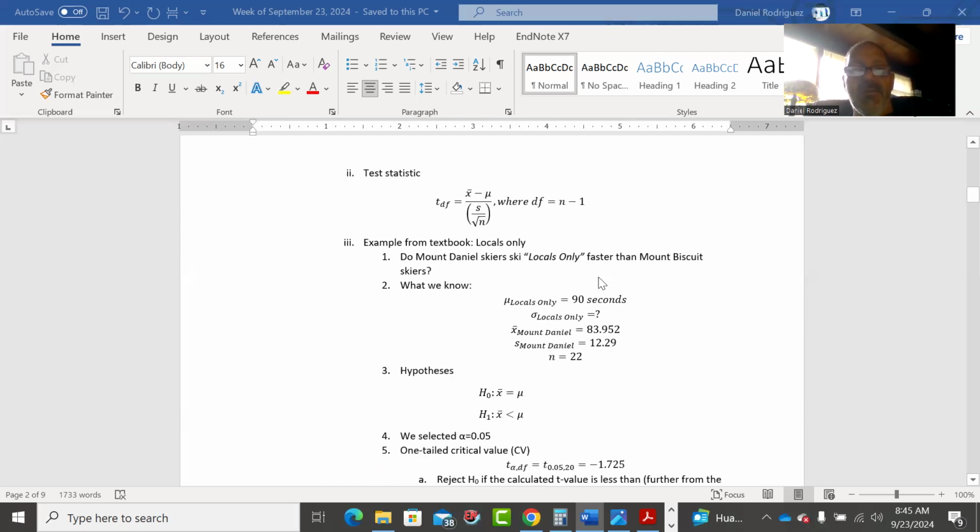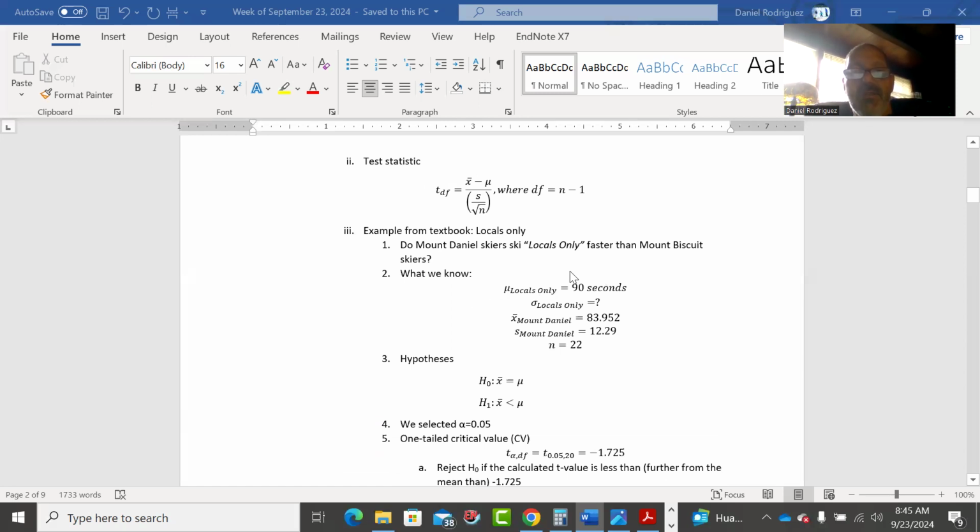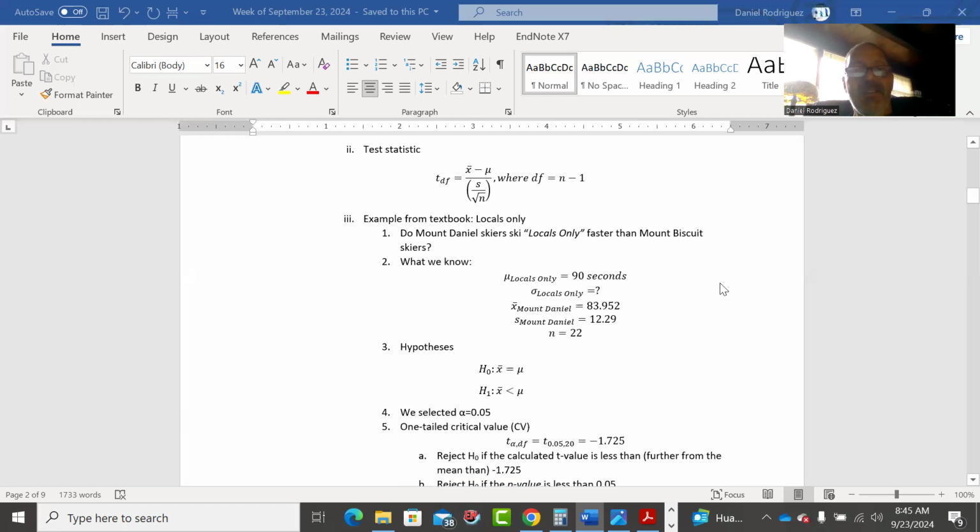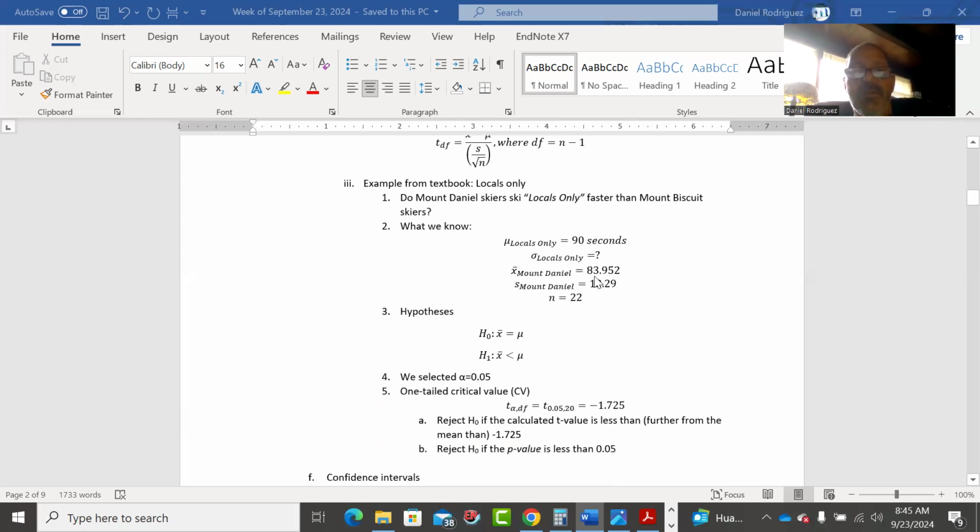So here's an example from our textbook. Do Mount Daniel skiers, ski locals only, ski faster than Mount Biscuit skiers? So here's what we know. So this is again why I like it. I go to Mount Biscuit. I talk to this